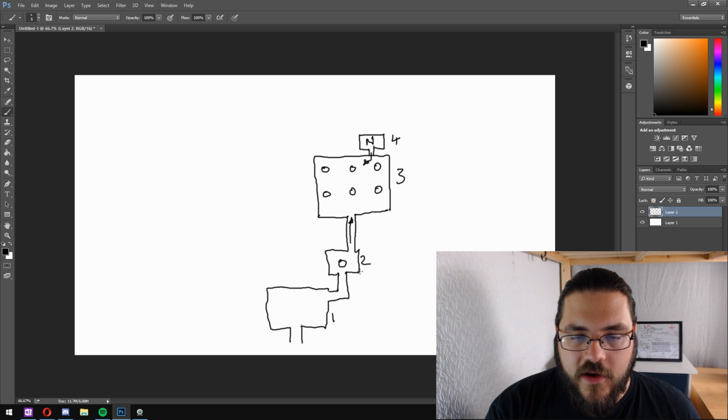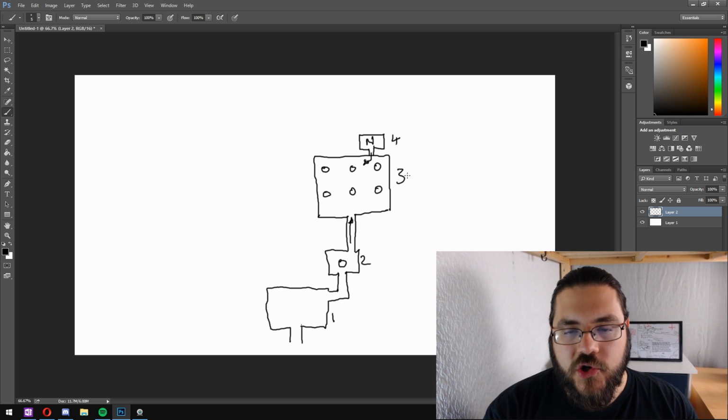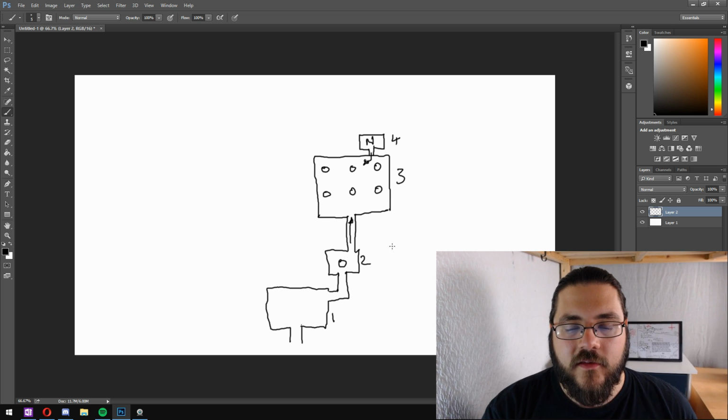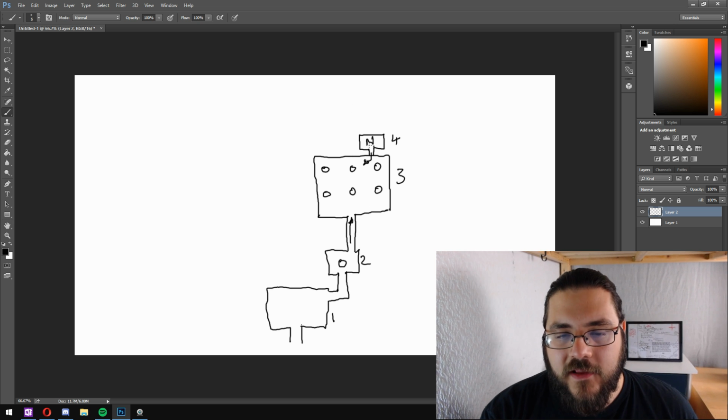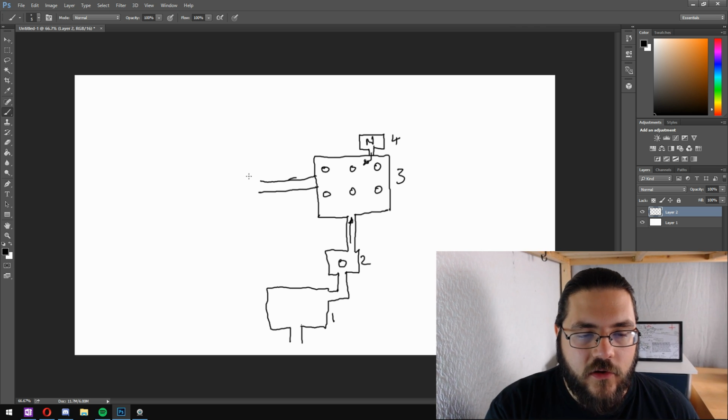If you wanted to add a little more depth to it, then you could structure it so that this series of rooms here could count as the introduction to the dungeon. So the players could come in, fight some easy skeletons, do a puzzle, do a fake boss fight, and then instead of having this be your room number 4, you could have a long secret tunnel that then leads into other areas of the dungeon,